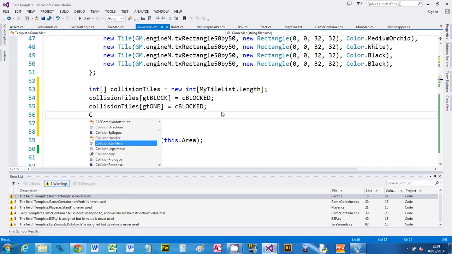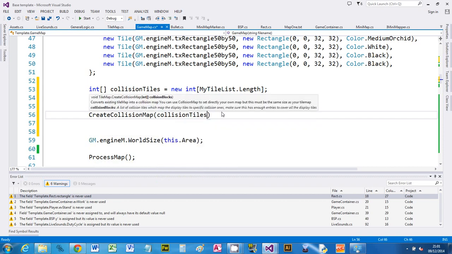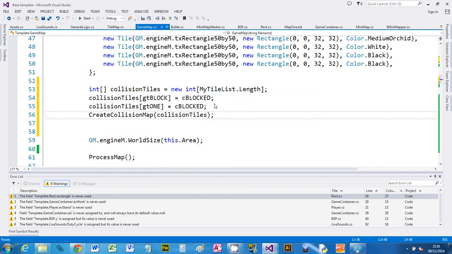So once you've done that, you're going to say create collision map, and then the tilemap engine is going to do all that working out for you. It's going to create another map that you don't see, and it's going to show you the collision tiles. So in order to visualize this,